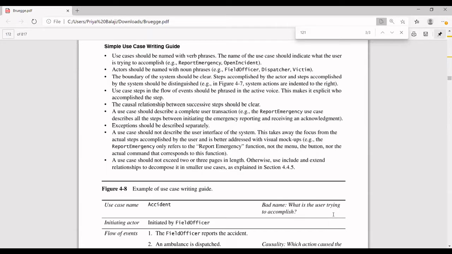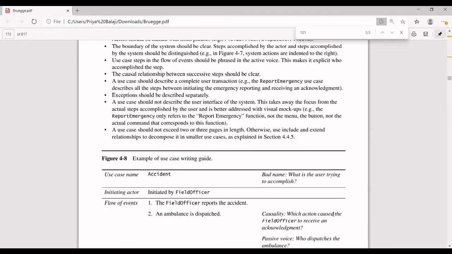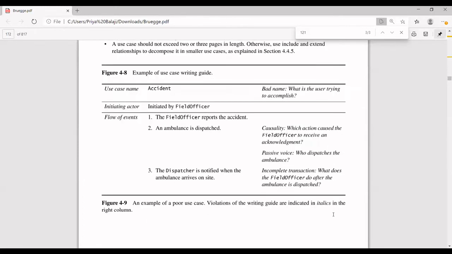So why do you have to divide it? Because if you try to put all the scenarios into a single use case, it is a burden for the implementation team of that use case. Again, the reason we divide a project into modules, the same problem will come with use cases also, where you have to implement one use case with so many scenarios. Right? So this is the way you are going to write your use cases.